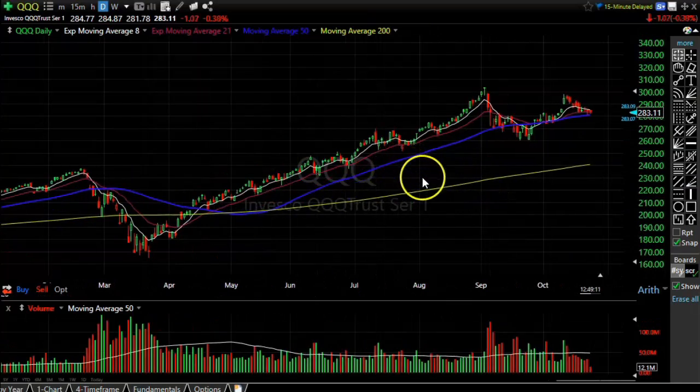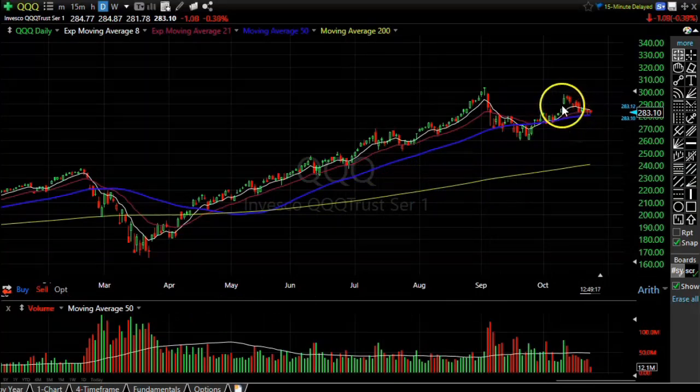Now, going over to the Qs, you can see that it has been trending down. This is kind of surprising for me. I thought the market was going to trend higher going into the election, but it is starting to pull back, and I was hoping that it was going to continue to move higher, because I wanted